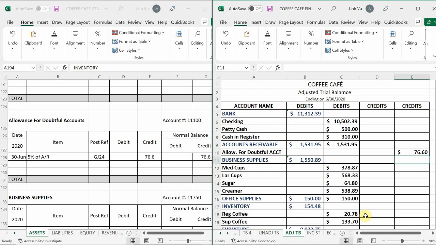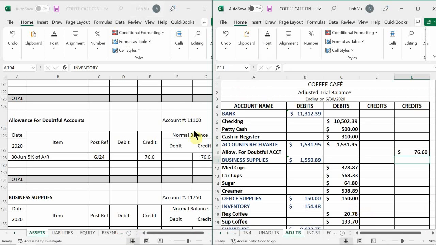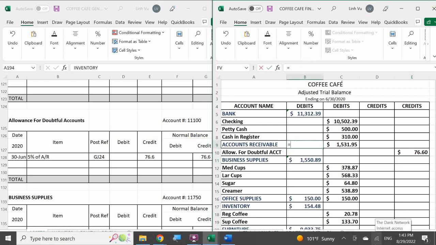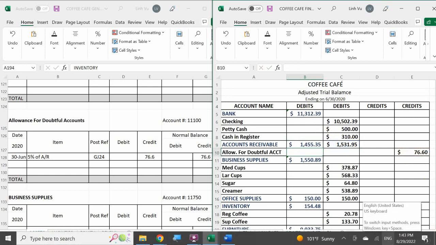However, for my main account, it's going to be the difference between my two numbers, because my main account is what I want to calculate. So in this case, because I know for a fact that my allowance for doubtful accounts decreases my accounts receivable, then my formula is going to be my accounts receivable minus my contra account. So therefore, for my debits account right here, for my accounts receivable, I currently have for the main account